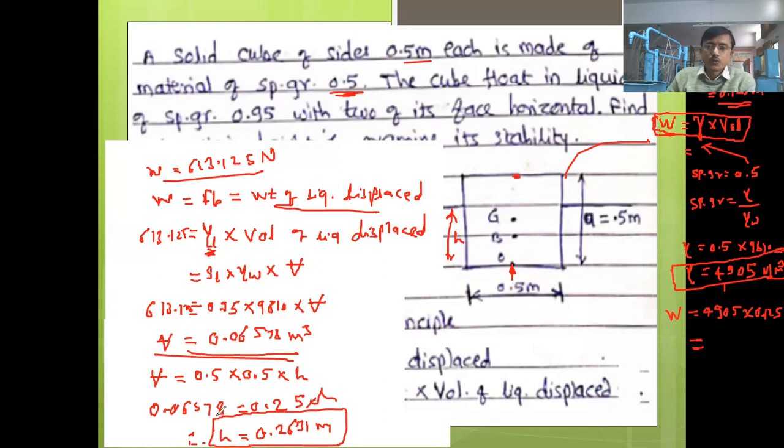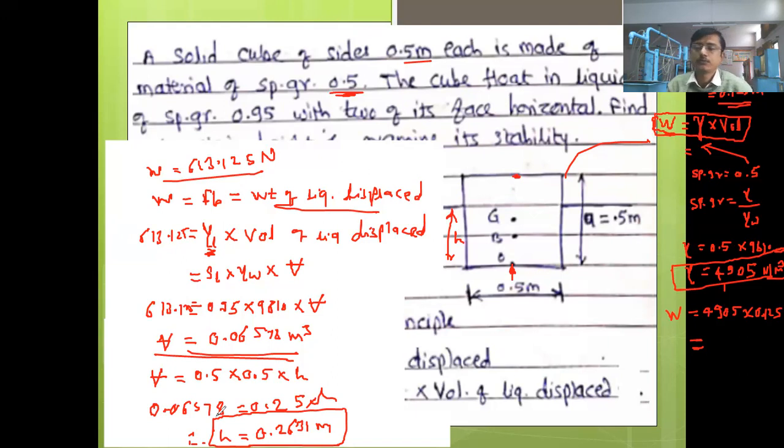0.5 divided by 2, that will be equal to 0.25, right? No, 0.5 capital H is there. मी तुम्हाला OG ची व्हॅल्यू सांगितली. 0.5 is there, correct? Capital H will be equal to 0.5 आणि small h किती आलेला आहे? 0.2631 meter. Now can we find out what is the value of BZ?